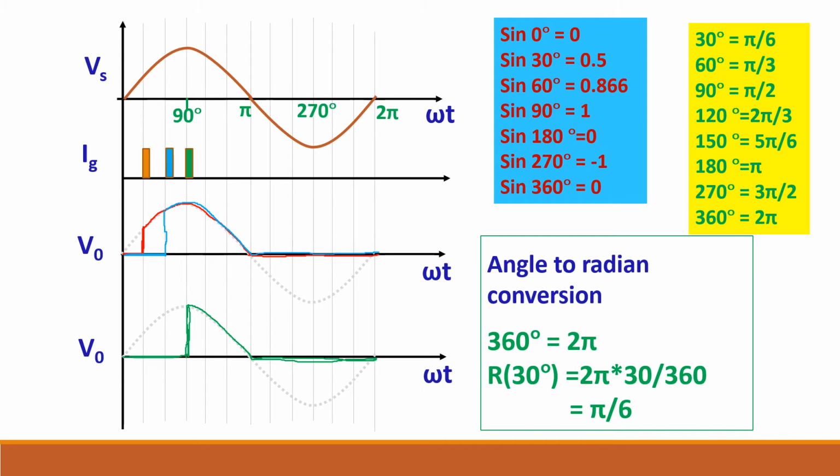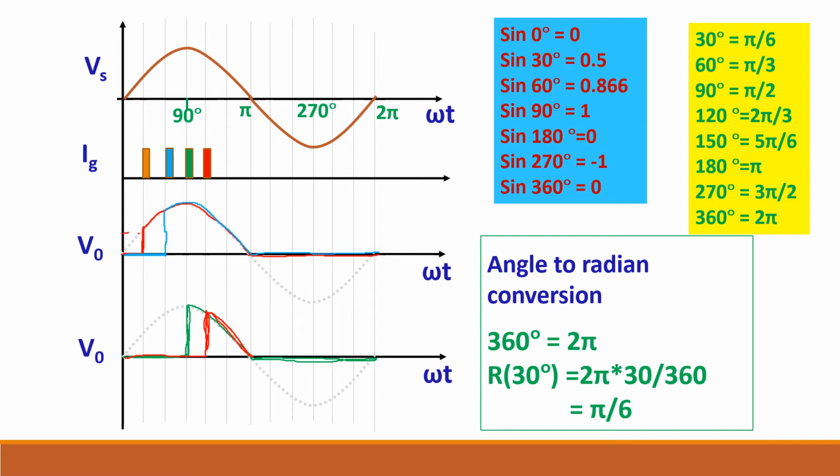Okay. So let me take one more example. So this is the gate pulse at 120 degree. So follow this waveform till this point and then it becomes 0. So this is the output waveform at 120 degree. So now you can see that if you find the average value of this red one, it will